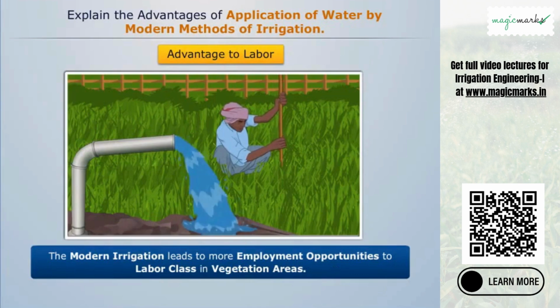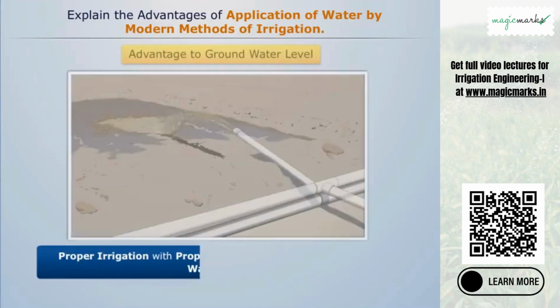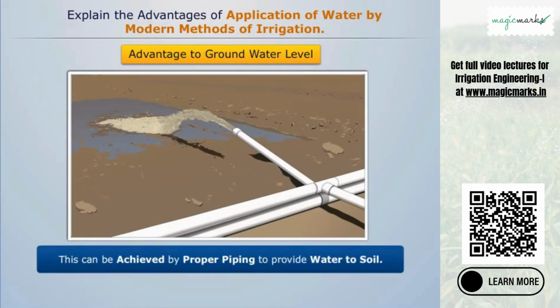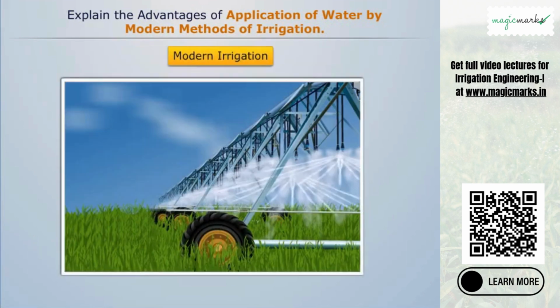The modern irrigation leads to more employment opportunities to labor class in vegetation areas. Proper irrigation with proper techniques improves the groundwater level. This can be achieved by proper piping to provide water to soil. Thus, we can summarize as: